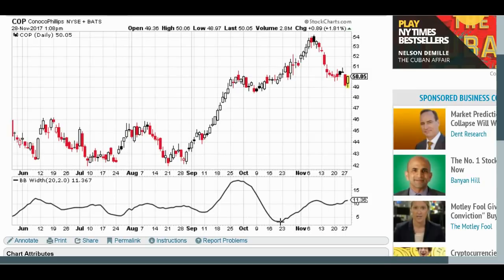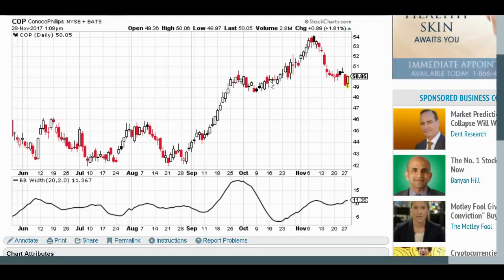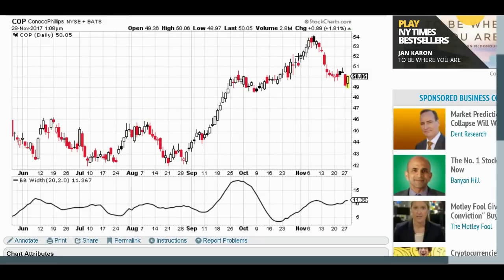If you waited until the width indicator got really, really low, like it's below 5 here for ConocoPhillips, you might have bought a straddle or strangle here, and then you're hoping for a big move so you can profit from the implied volatility expansion and from the big price movement, which you need if you want to profit from buying a straddle or strangle. Look what happened. Big move afterwards. So, the Bollinger Bands get really narrow, and then the big move can happen afterwards.